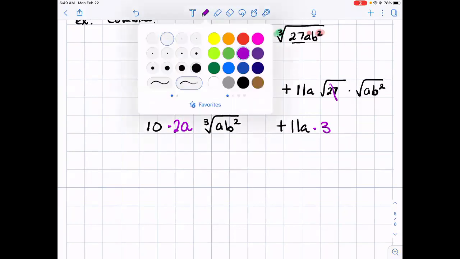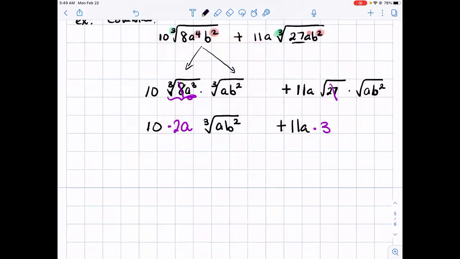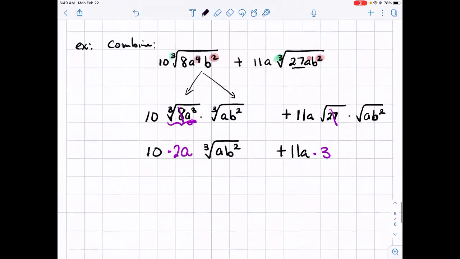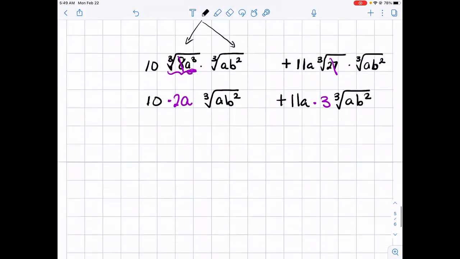And we have left here the cube root of ab squared. If I multiply these two now, 10 times 2a becomes 20a. The cube root of ab squared,